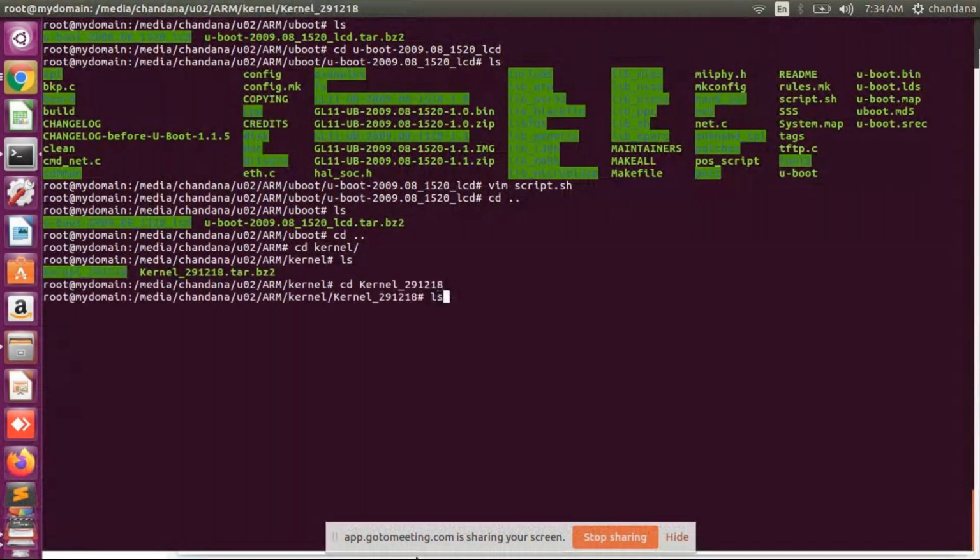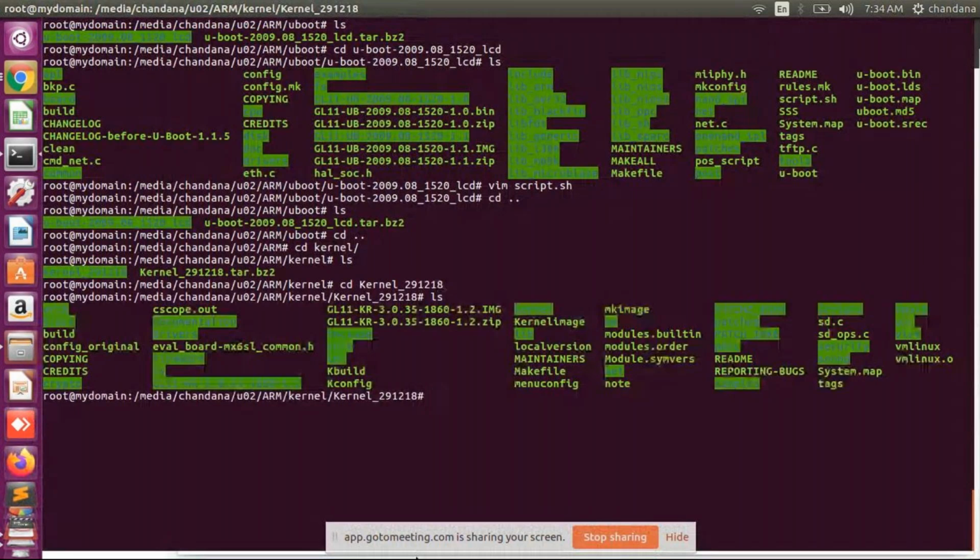This is my kernel source code, and this is what the kernel image looks like. Usually we will get it in the name of a uImage. What I am doing here, if you see in the script file,